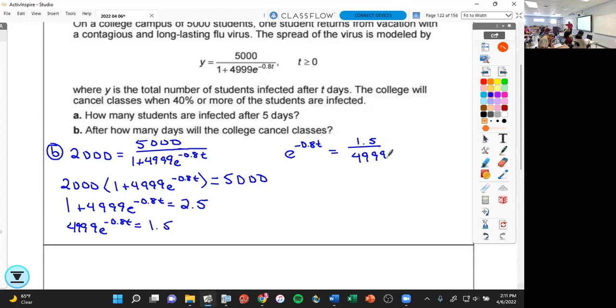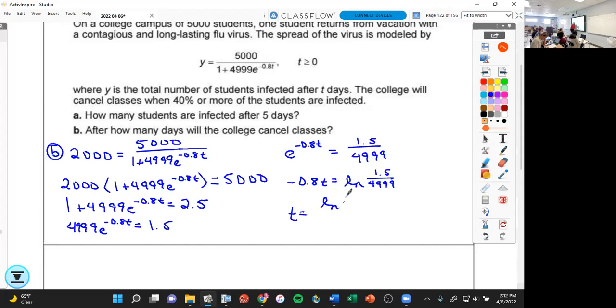Next step. Natural log of both sides. Taking the natural log of both sides gives me negative 0.8t equals the natural log of 1.5 over 4,999. So t is equal to the natural log of 1.5 divided by 4,999, all divided by negative 0.8. T is about